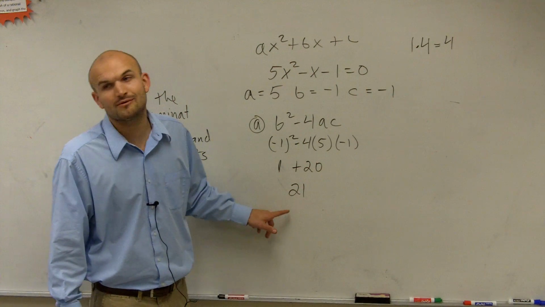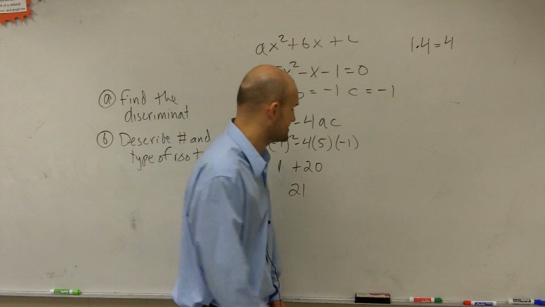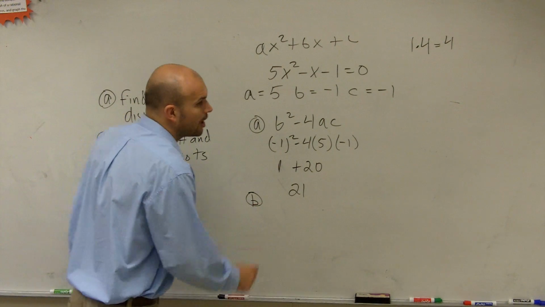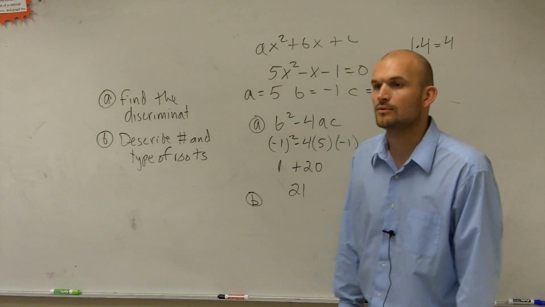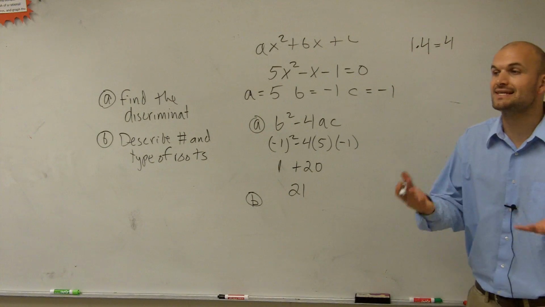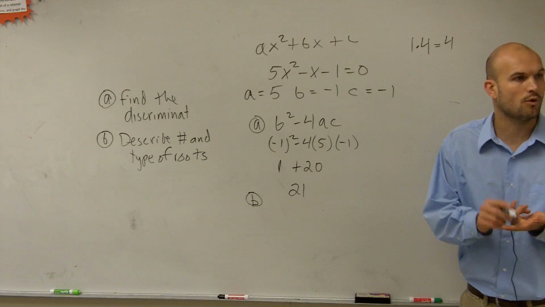Anyways, so we go ahead and we see our value of 21. Now, the next step is we need to describe our root. All right? So we look at the first thing. Is it a square number? Our square numbers are 1,